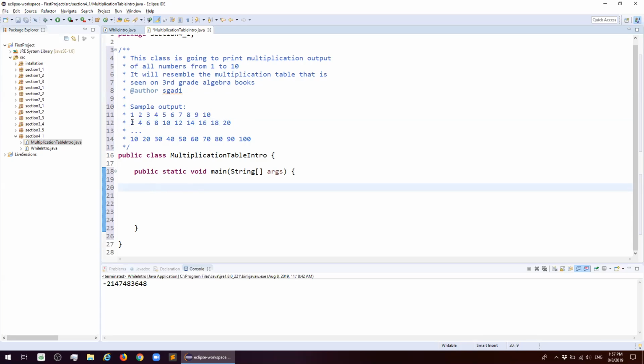For example, how would we print out multiplication by 2? We would declare a variable. Let's declare a variable. This is going to be my multiplier, equal to 1, because I'm going to start multiplying from 1. And while multiplier is less than or equal to 10, because I want it to find the 10th multiplication as well, while it is less than or equal to 10,